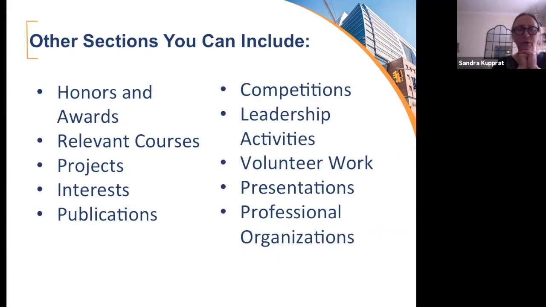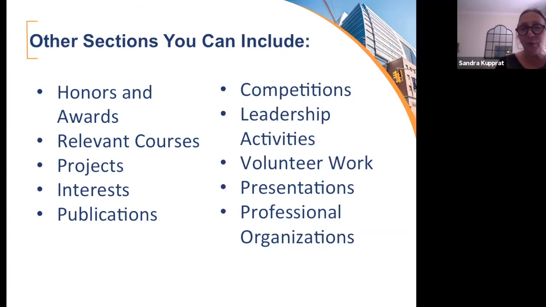Other sections that you could put in there are honors, awards, relevant projects, and courses. Courses and projects are one of my favorite things to help students with, especially if you're trying to get into an industry that you don't have experience in. Putting relevant courses and projects on it is a way to paint a picture of you being, say, a marketing person. Let's say you've never had a marketing internship, but you have done a project in one of your classes. You could use that information and use lingo that you've learned in your class to paint a picture of, I'm a marketing person.